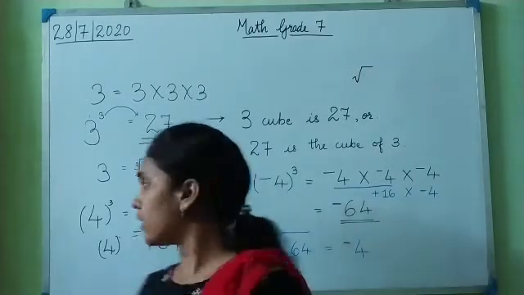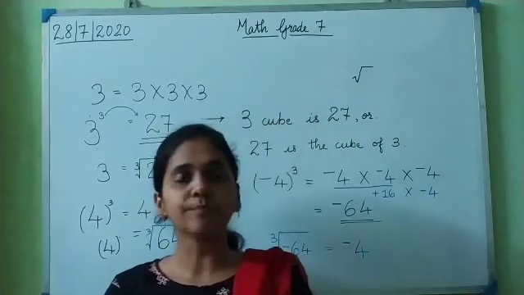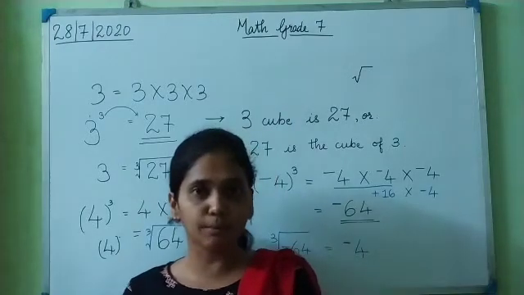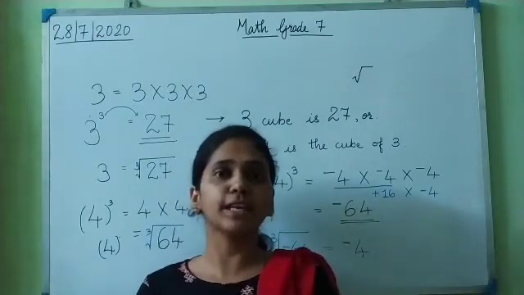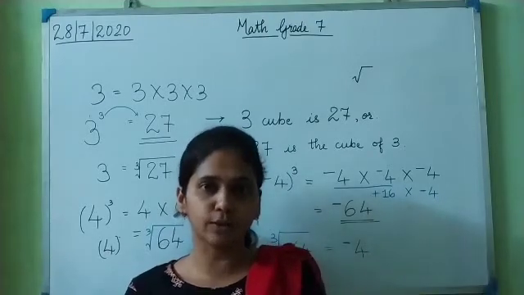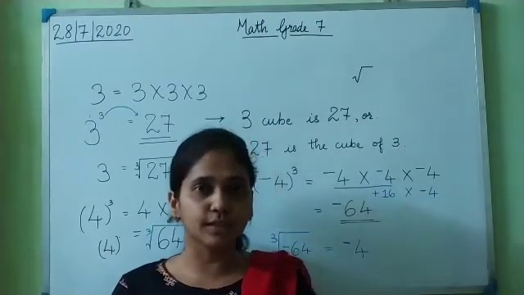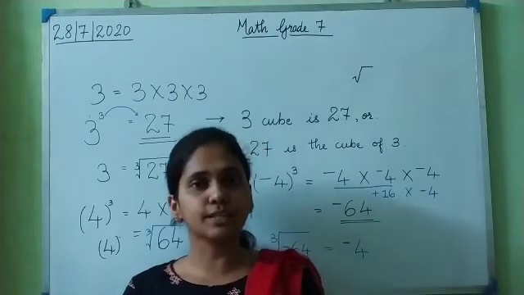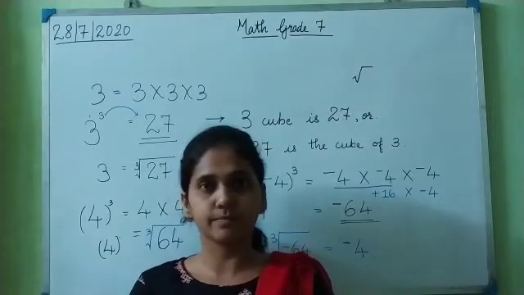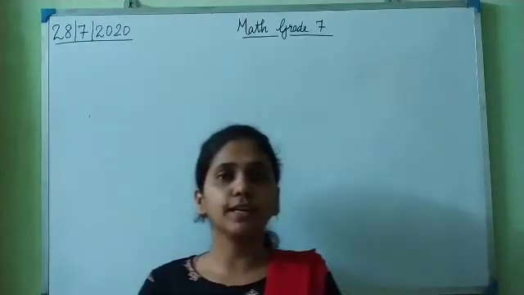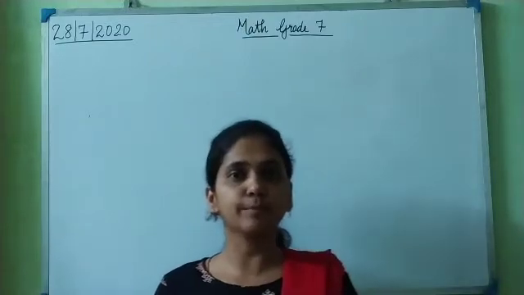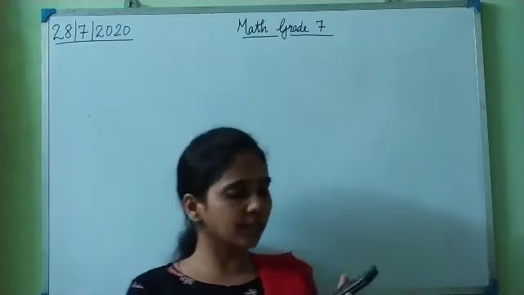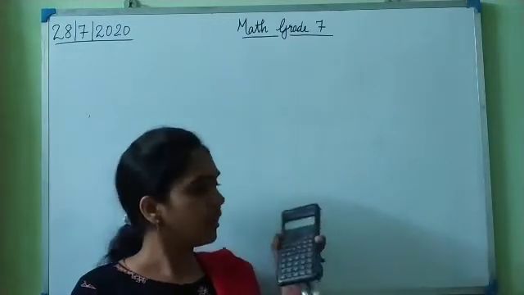Okay. So we have seen how to find the cube and cube root, and now I will tell you how to find the cube and cube root of any number. We can find the cube and cube root of any number, even a decimal number, by using a calculator. So I will tell you how to use a calculator to find cube and cube roots of any given number, let it be a decimal number or any kind of number. Now we will see how to find the cube and cube root of a given number by using a calculator.